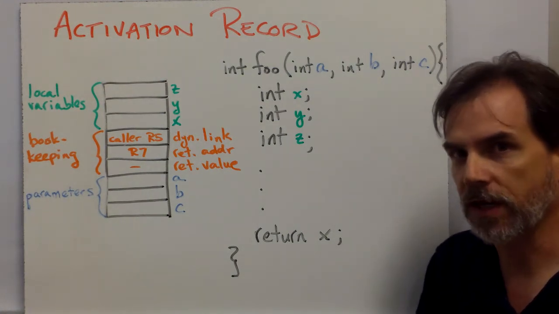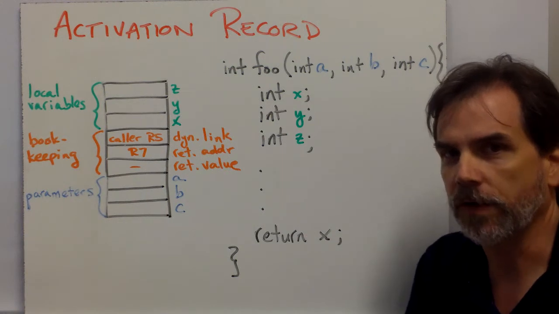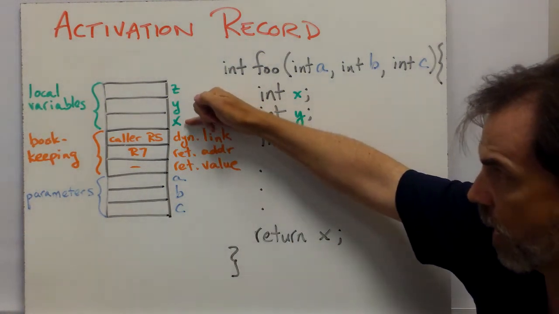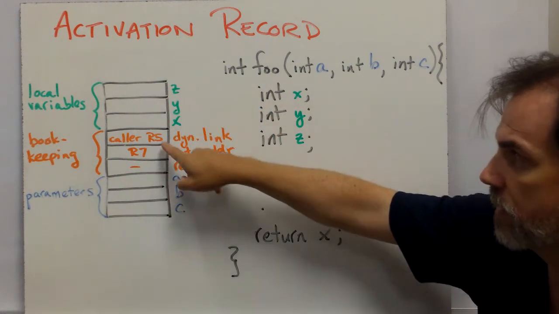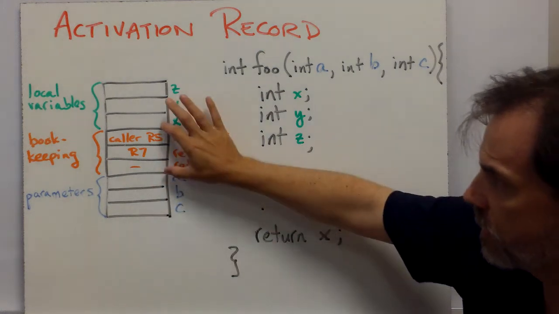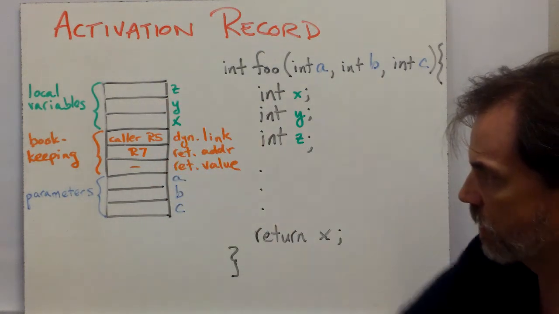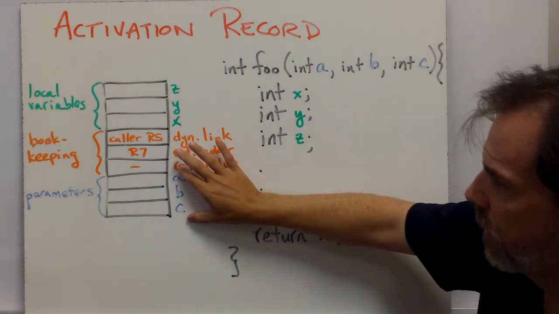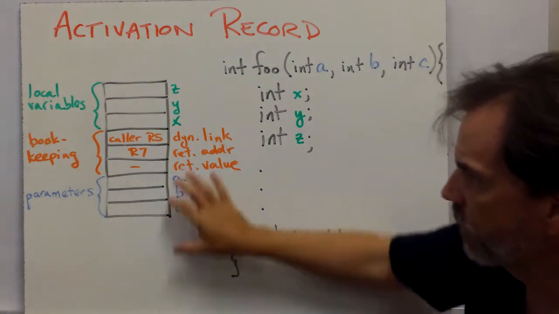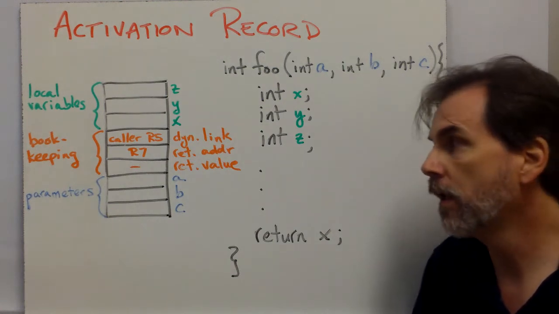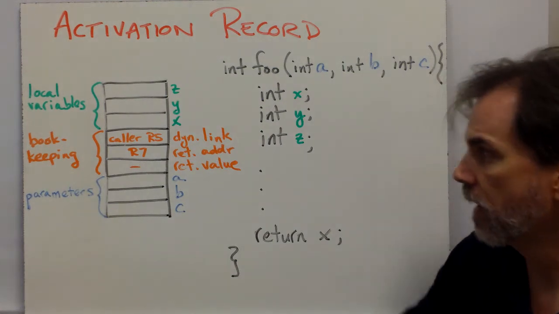When the caller was running, R5 was pointing to its local variables. When our function is running, we want R5 to point to our local variables. So we save the old R5 so that we can restore it when we're done. That section we call the bookkeeping section of the activation record. And here are the parameters. These are values that got passed in from the caller to our function,